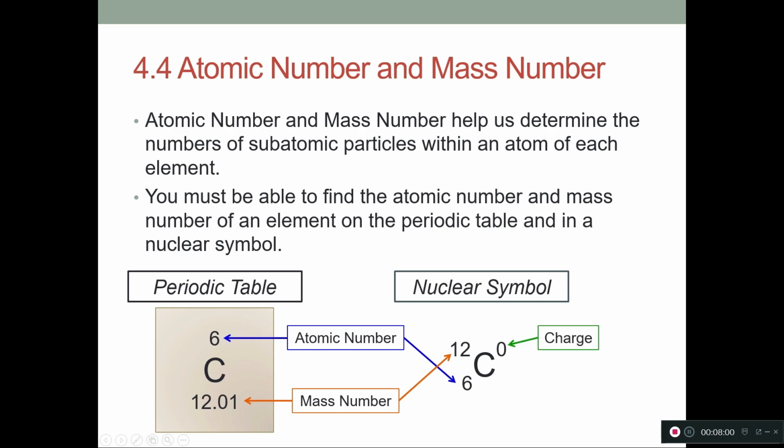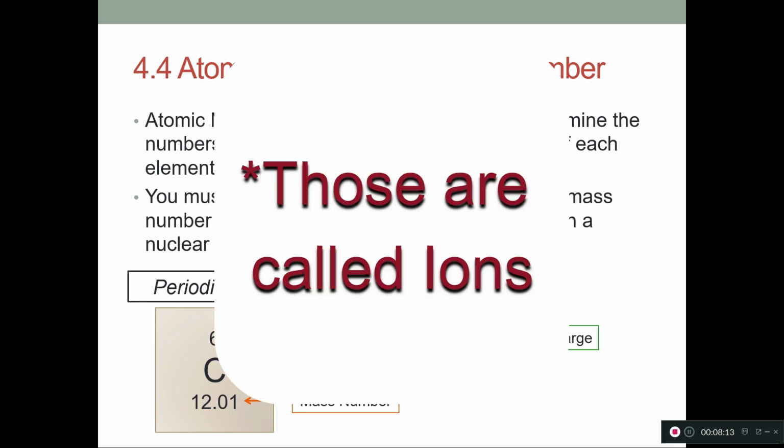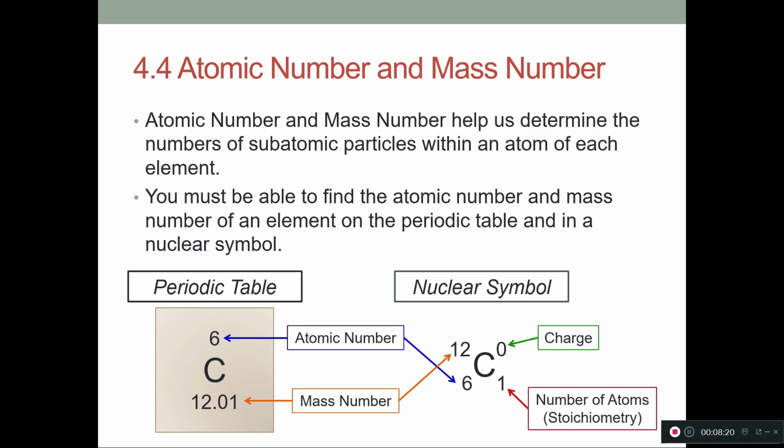Then we put the charge there. We've talked about how there is zero charge if the number of protons is equal to the number of electrons. In a future video, we'll talk about when this is not the case, and we actually have a non-zero charge, and those are called isotopes. But for our purposes right now, we can just say that this has a zero charge. And then this is the number of atoms, and that will become important in even later videos when we start